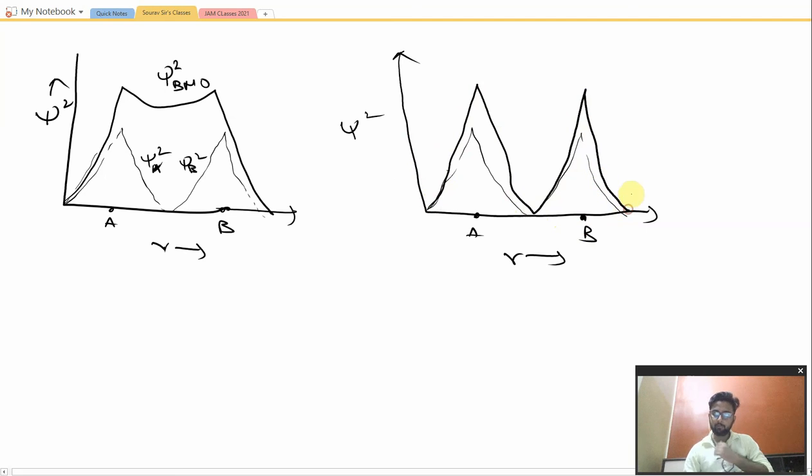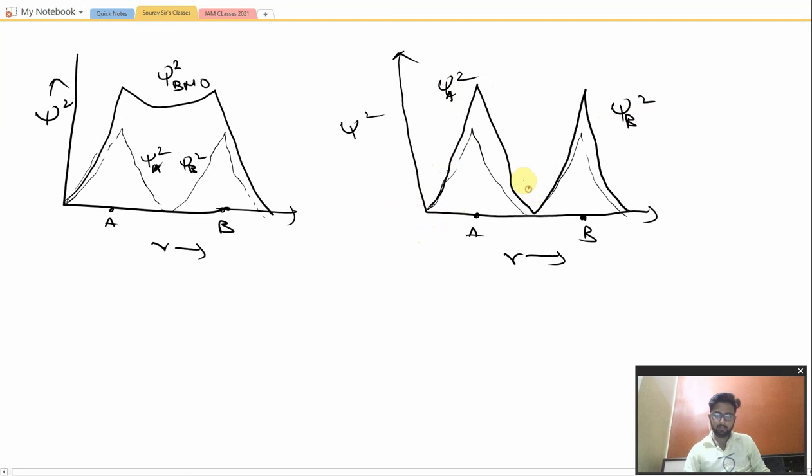Now this drawing is obviously not up to scale. I'm drawing using my pen tablet and I don't have much experience writing this, so the drawing is kind of bent. You may just use your pen and draw it quite perfectly. Okay, so obviously these two, initially, are the psi A square and the psi B square,